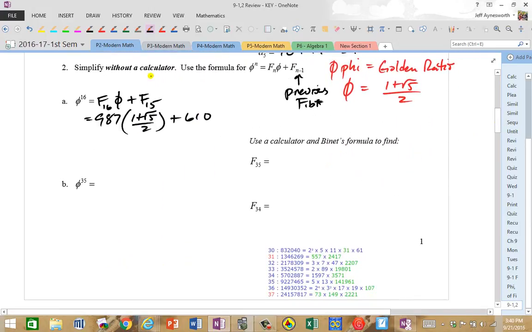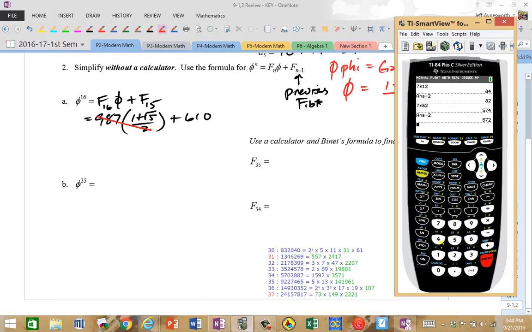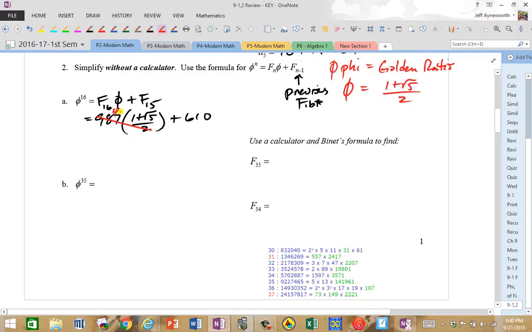There are a couple different ways to do this, but one way is to take half of 987 before you distribute. So I take 987 divided by 2, and I get 493.5. I'm going to write that down, and I have to distribute that through. So what do I get? I get 493.5 times 1, which is 493.5, plus 493.5 times root 5,